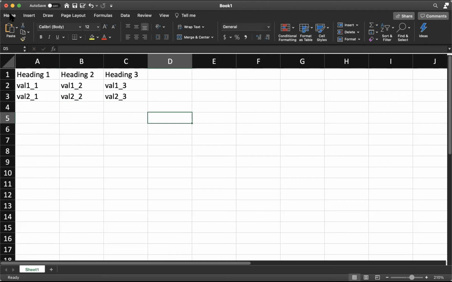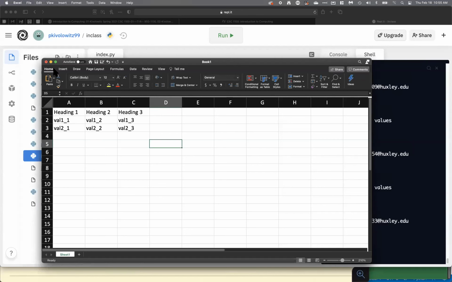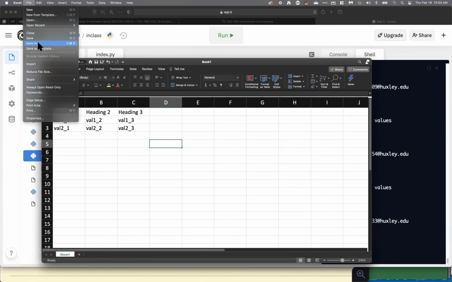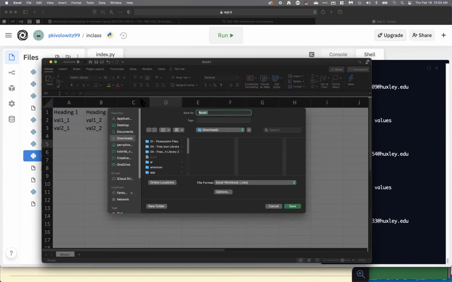So let's see, okay, you're not going to be able to see. Let me switch to sharing my whole desktop so that you can see the menus. Okay, so now you see my mouse, good. So way up here, File, Save As, and one of the choices you get is File Format.